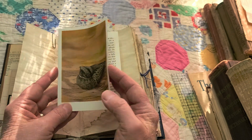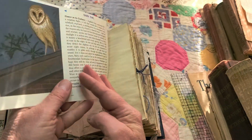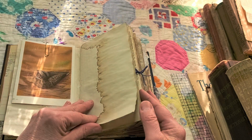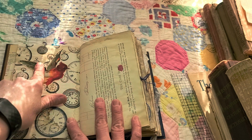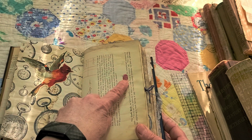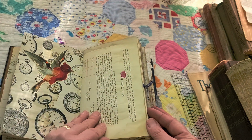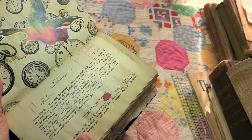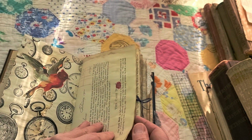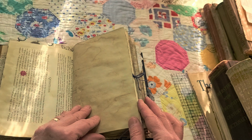Another nature book I stole some pages from. And so each of these has, you know, the description, the name of the book, the bird, and then the description. Here's a barn owl and the description of a barn owl. Lots of journaling. There's a bird here that I've fussy cut from some of my clip art. It looks like the spot is from this bird, but it's not. It was from this old book, like a high school or college bookkeeping class book, and that was just on there. I don't know. I think maybe it was the teacher's. Maybe a teacher had some red ink or something. I don't know. Anyway,